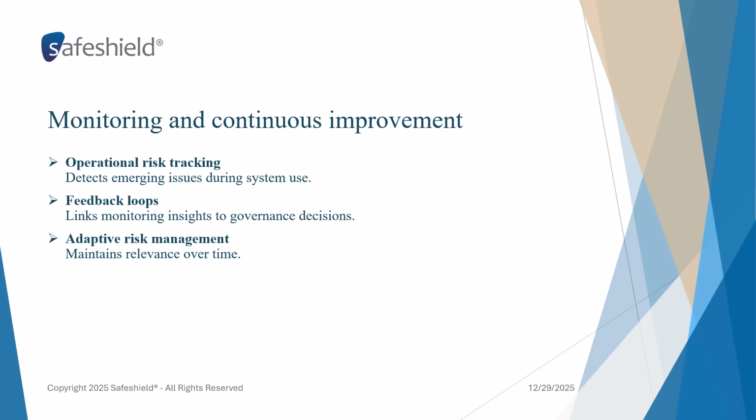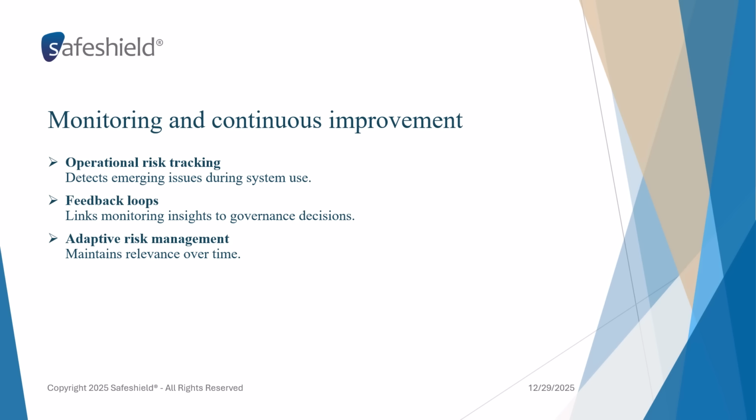Artificial intelligence systems operate in environments that change over time, introducing new risks even after careful design and testing. Data distributions evolve, user behavior shifts, and external factors, such as regulatory expectations or operational constraints, may affect system performance. The NIST AI risk management framework addresses this dynamic context by emphasizing monitoring and continuous improvement as core elements of responsible AI governance. Monitoring focuses on observing AI system behavior during operation to detect deviations from expected performance and risk